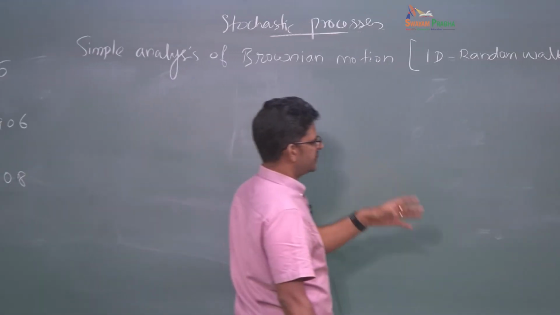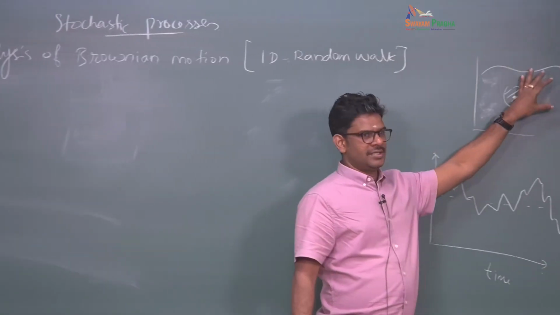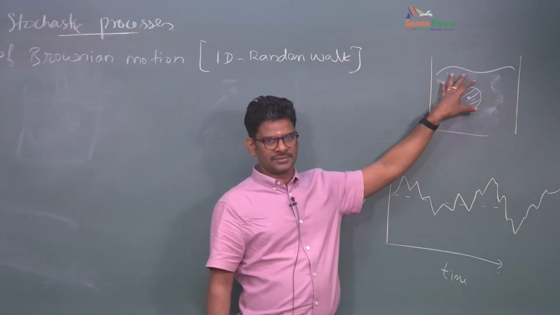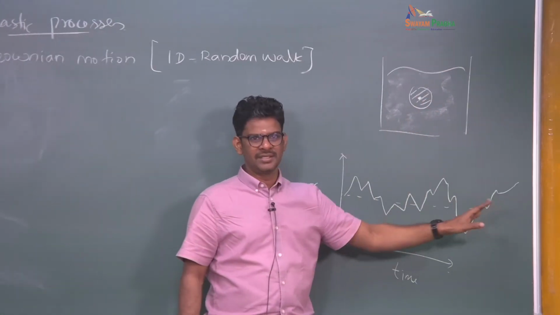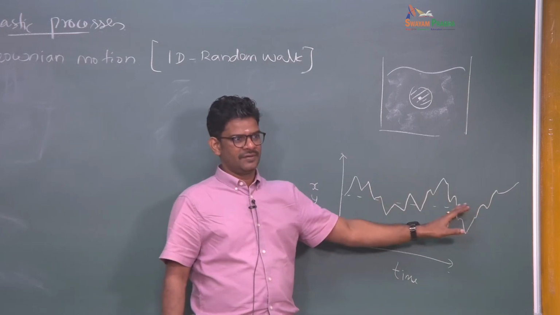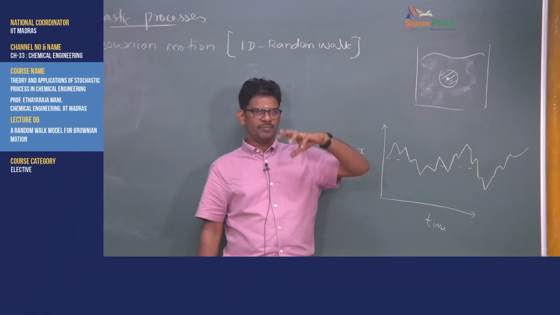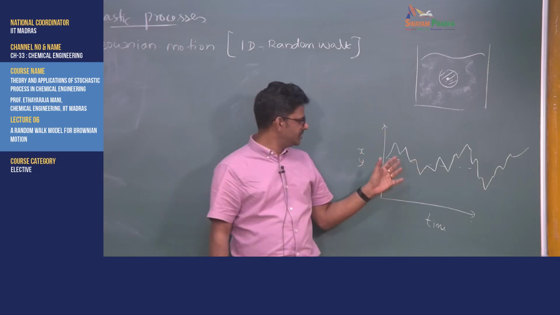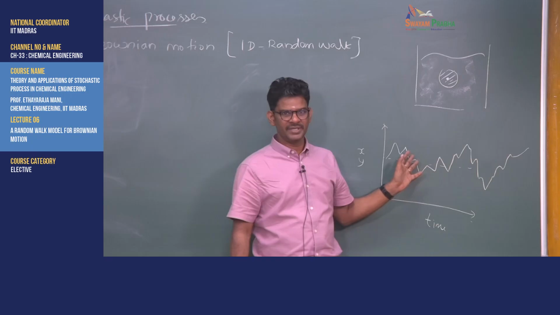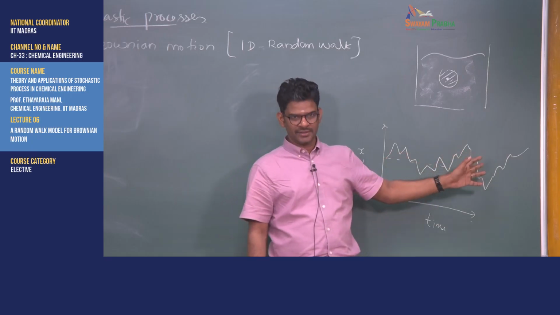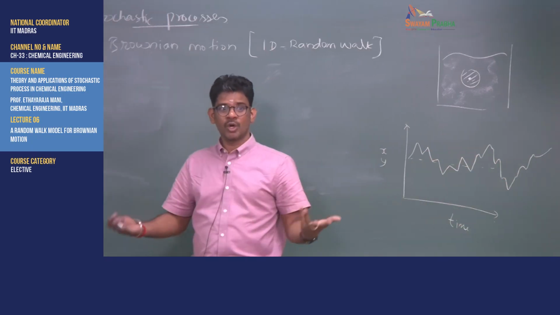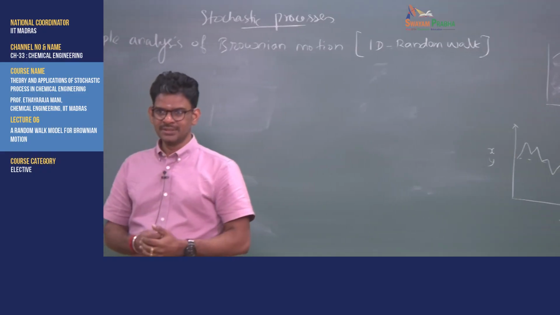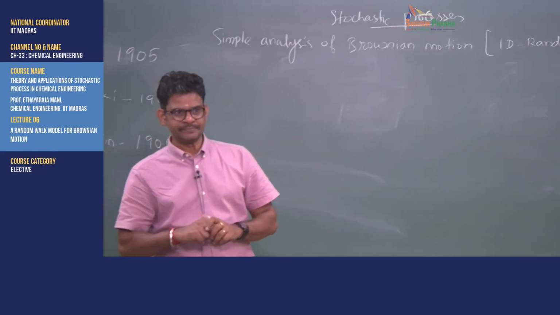And then we are interested in finding out some statistical aspects of this motion, which he says is very irregular, and I have not seen something like this. I think he is probably comparing it to the motion of planets and other celestial bodies, which follows very regular dynamics, whereas this one doesn't show such regular dynamics, so it looks very chaotic and irregular. Okay, so that's what he's saying. I'm not able to account for this motion, so I don't know what it is. So he calls these active molecules.